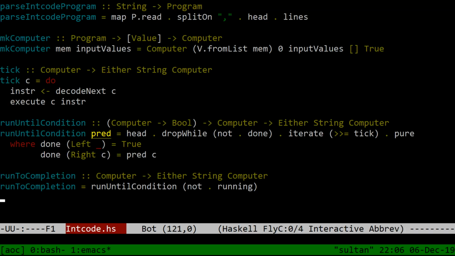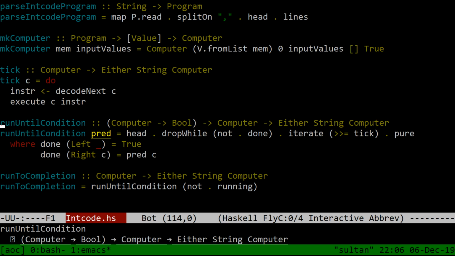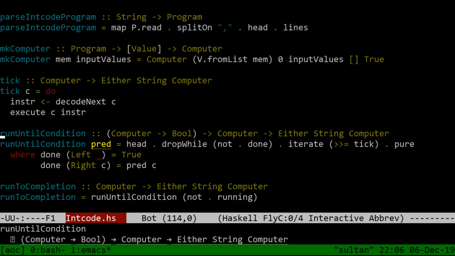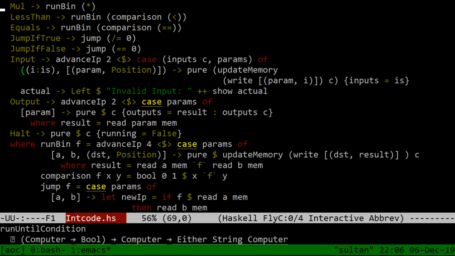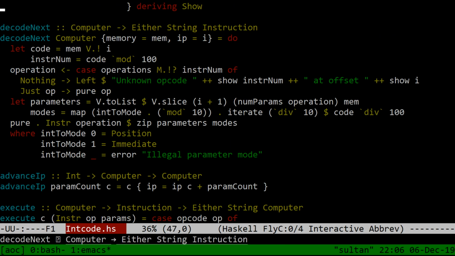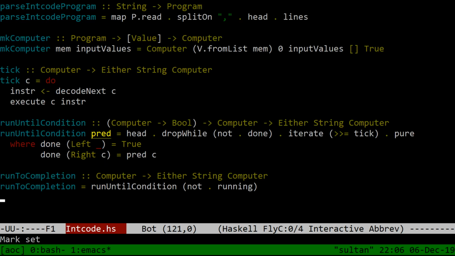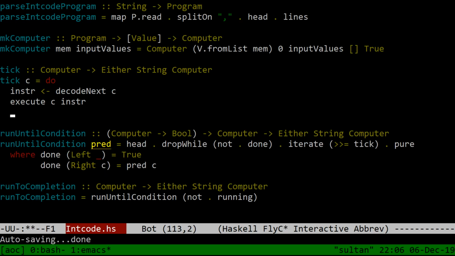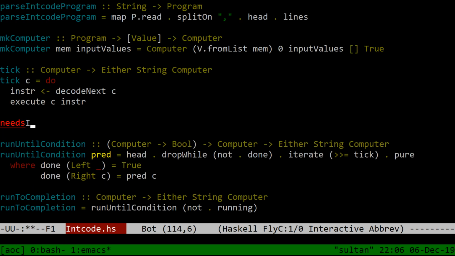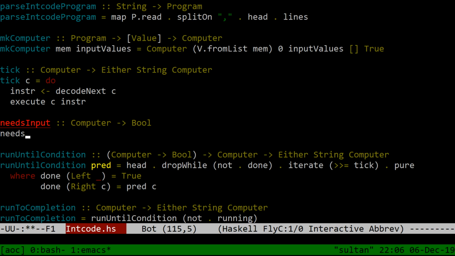One thing that occurs to me is that it's not so easy to write a condition for "blocked on input," right? Let's put that in code. Needs input is a function from computer to bool. Needs input